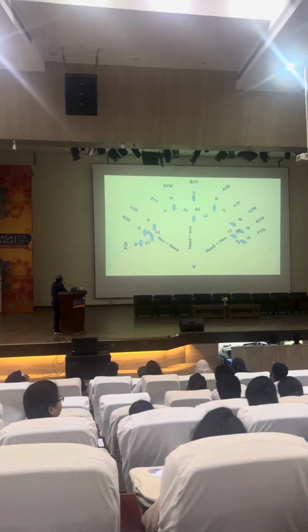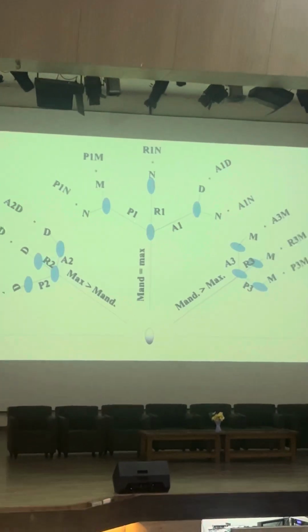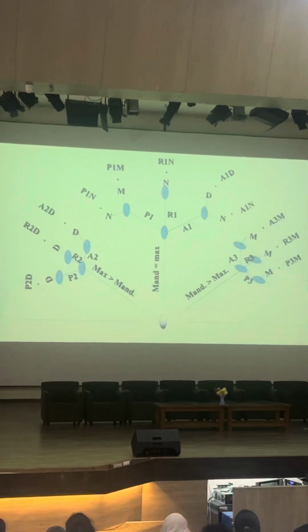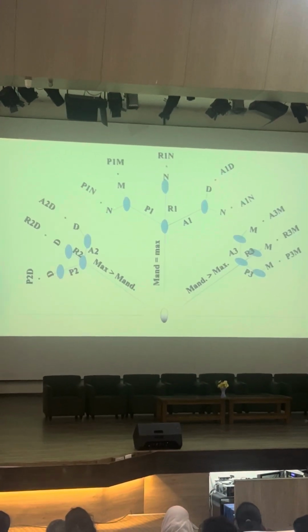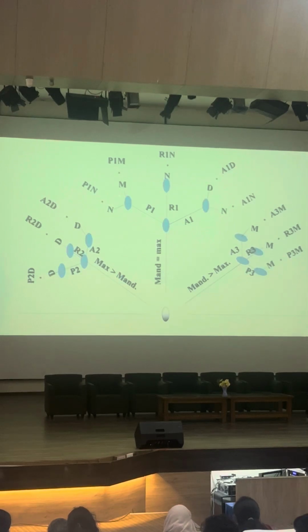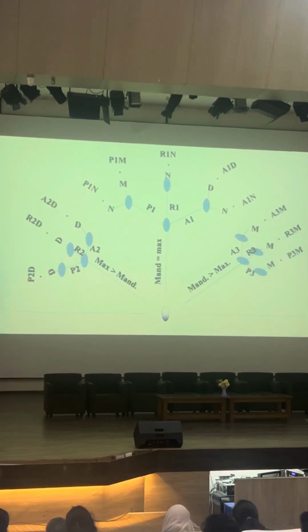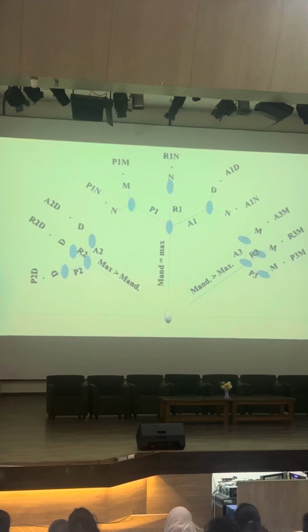Position has been given P1, R1, A1. When maxilla and mandible are equal in length and it is posteriorly rotating, in that case there will be either retroocclusion or mesoocclusion. So finally P1N or P1M.